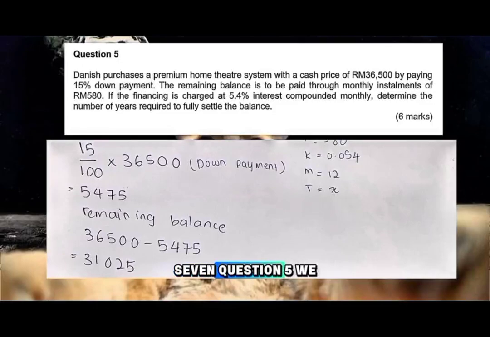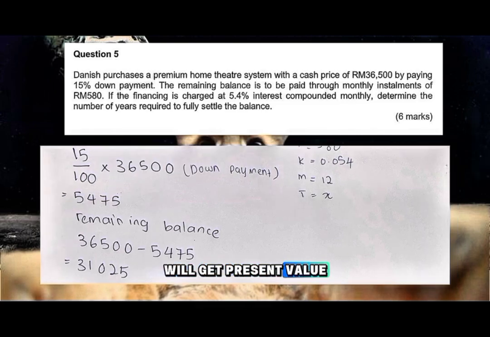10187.1367. Question 5. We have to find the down payment first. So 50% per 100 multiplied by 36,500. So we will get 5,475. So the remaining balance is, we take from the sentence, 36,500 minus 5,475. So we will get the present value. Present value is